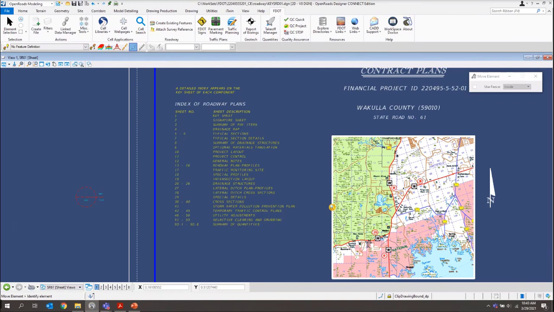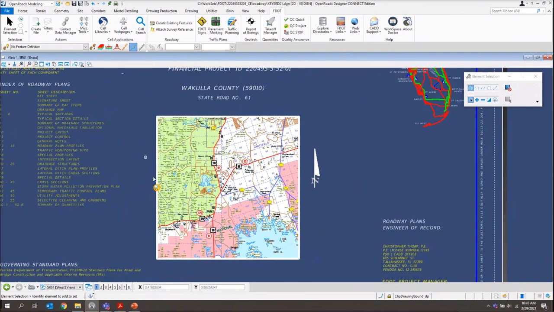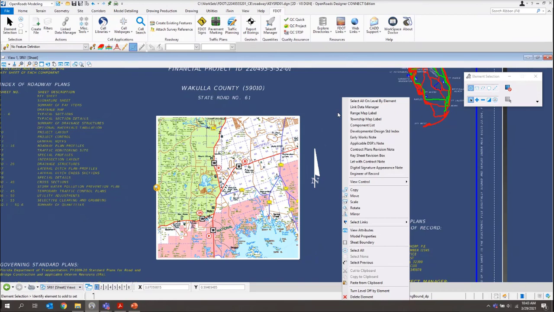So next, exercise 1.4, we're going to place the range and township labels for our map. Slide this over into the middle a little bit. And again, we've got these set up with our context menu. So just out in space, I'll do a right click and hold. The third one right here in the list is my range map label.